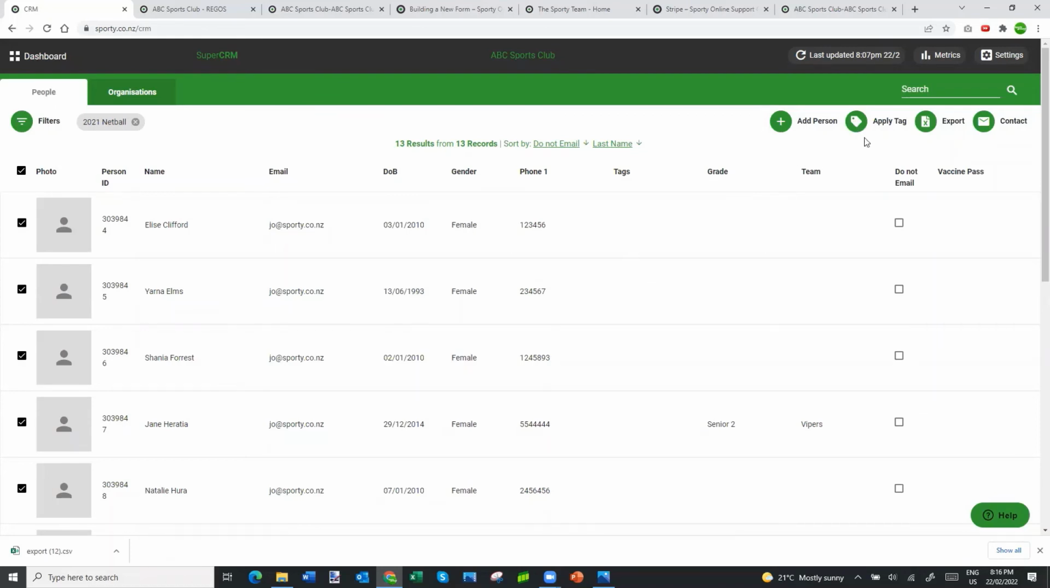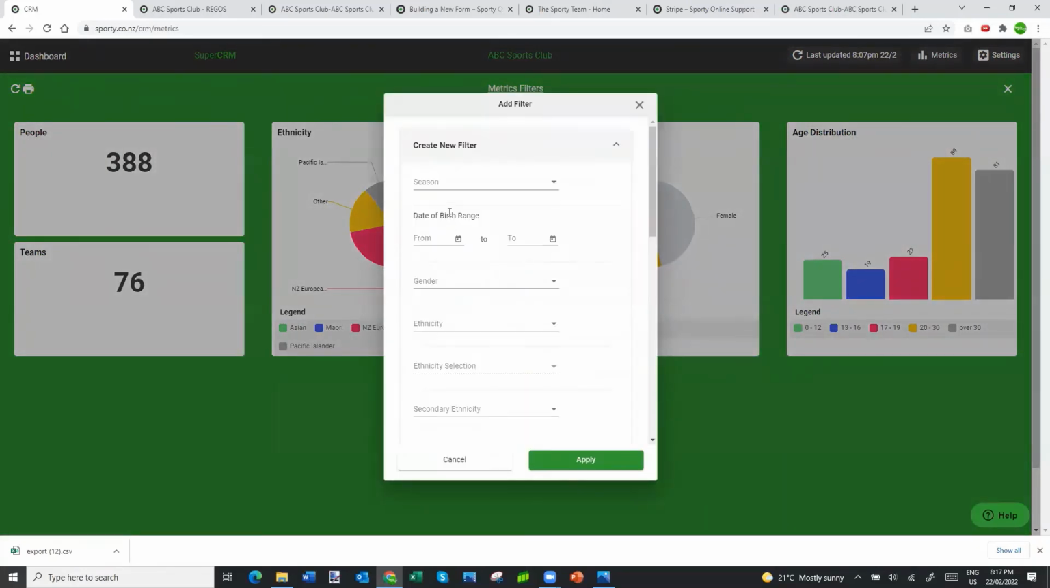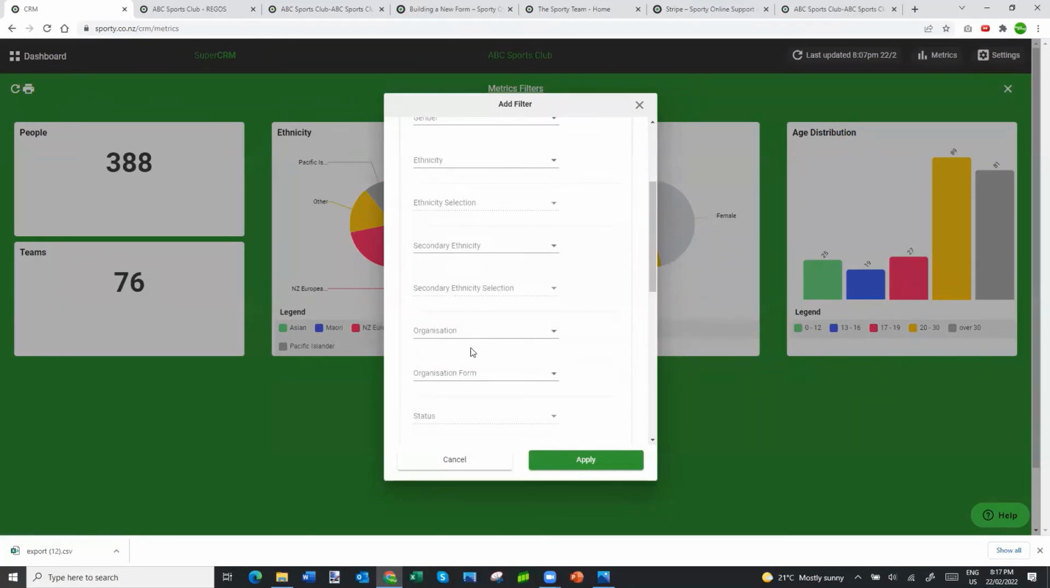There's also up the top right, there's a metrics link. If we click on the metrics link, it gives us just a quick visual overview of the people part of our organisation. Again, we could filter on this as well. So we could say we want to see just our 2022 members, etc., by using the metrics filters link up in the top. And we've made this printable so that, just let Joe